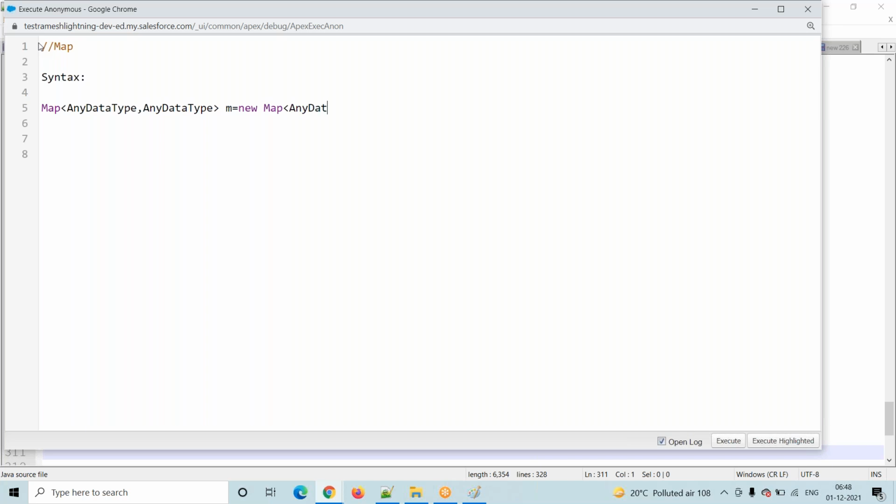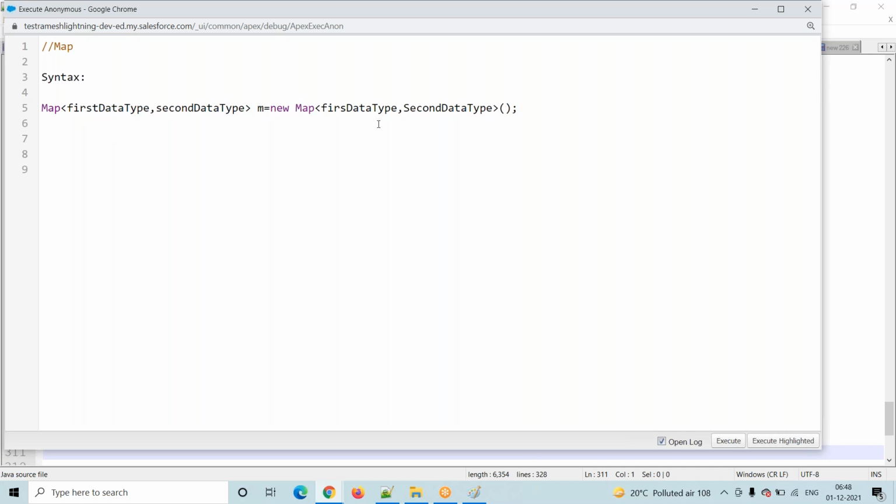Here the first data type we will call the first one, and this is the second one. Map is a combination of two data types.